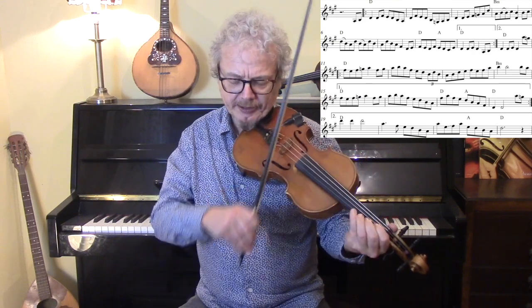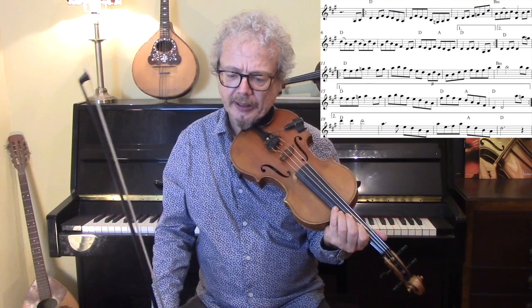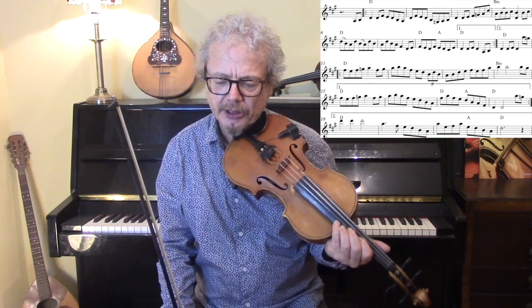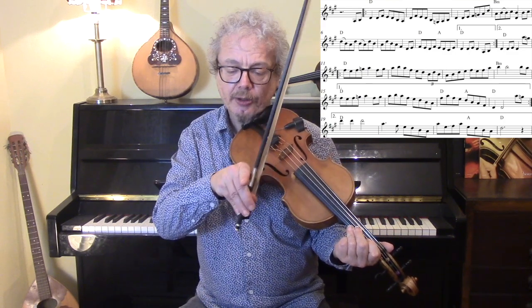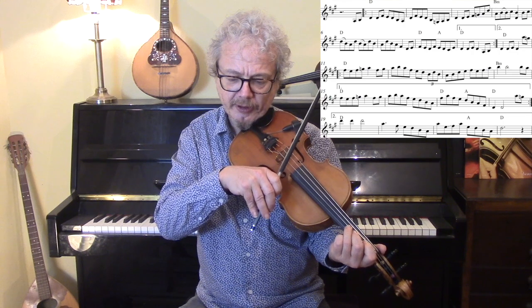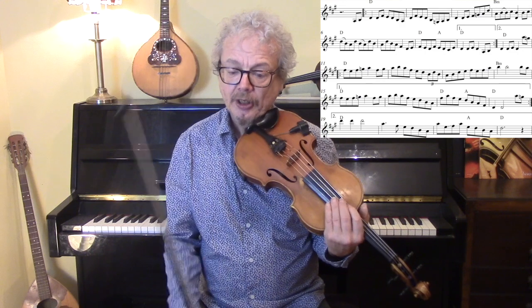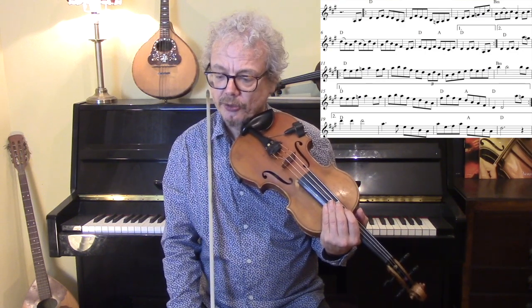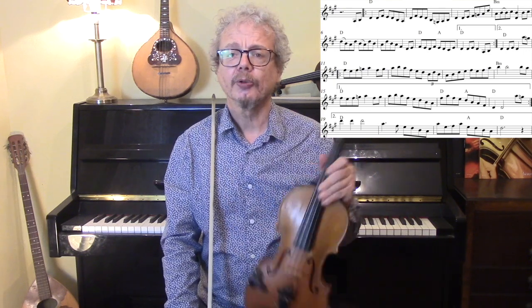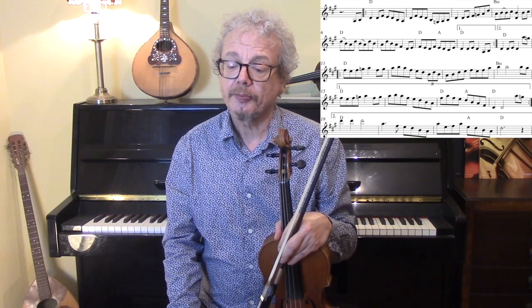The last line, this line, goes into third position with your fourth finger, and if you're not happy with the third position, you can either play just that one bar down an octave with your third finger, or you could play the whole of the previous line and not do that line at all, and that would work just as well. I'll play you out with this version up to speed with the backing,